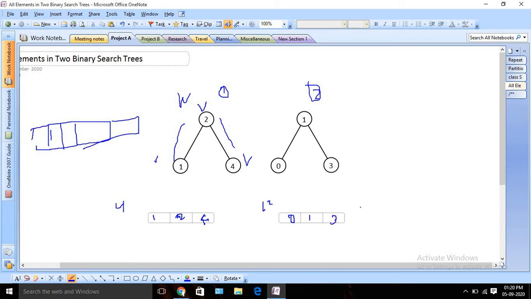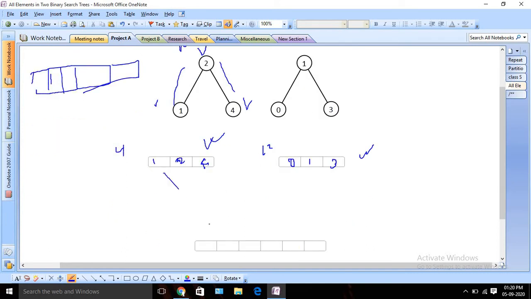So now I can see I have two lists, and both of the lists are sorted, right? So we don't need to write any sorting algorithm, we just need to merge these two lists into a single one, right? So we can declare another list. Once we have found the two lists, I will pick one node from this one and one node from this one, and compare the values, right? Whichever is the smaller one, I am going to put that in the first position. Okay, 0. Now I will increment its counter, right? Since I considered 0, my first counter will remain here. I will consider this one now.